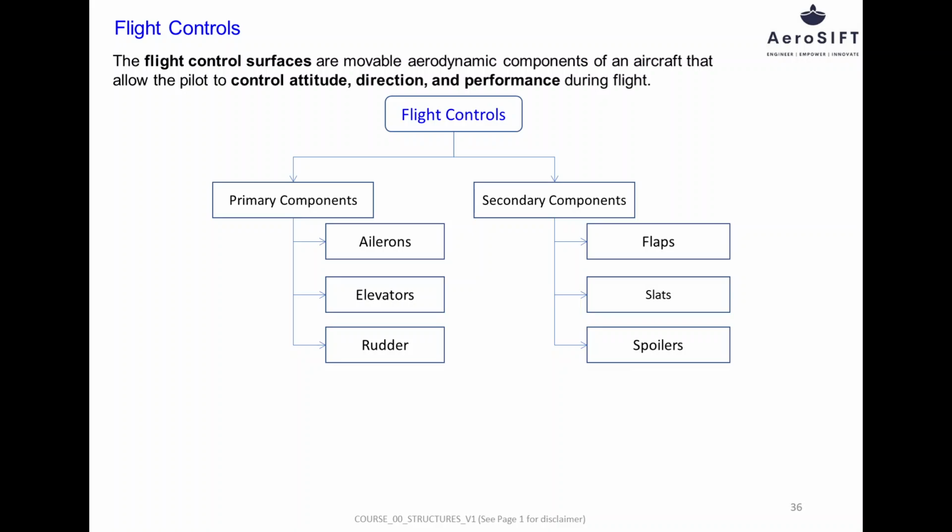Spoilers are secondary flight control surfaces located on the upper surface of the wings. They reduce lift and increase drag when deployed. Spoilers are used to assist roll control, increase descent rate, and act as lift dumpers during landing to improve braking